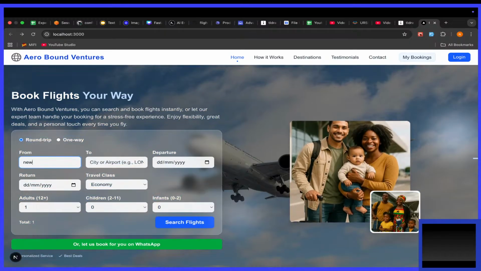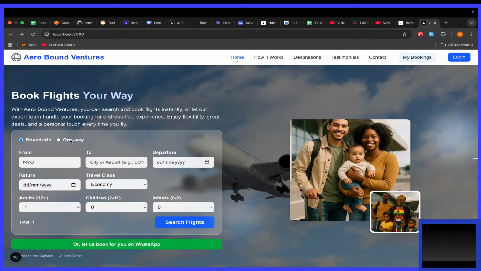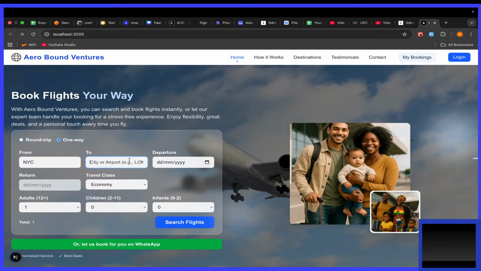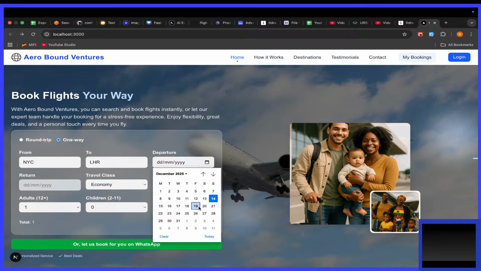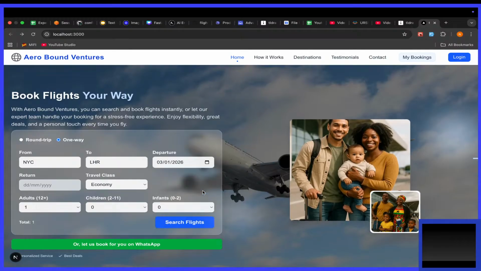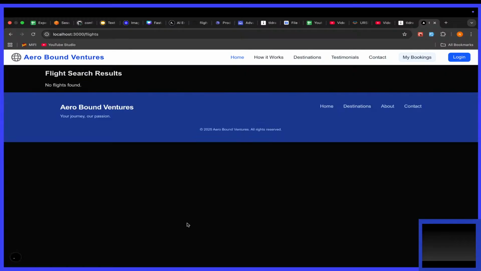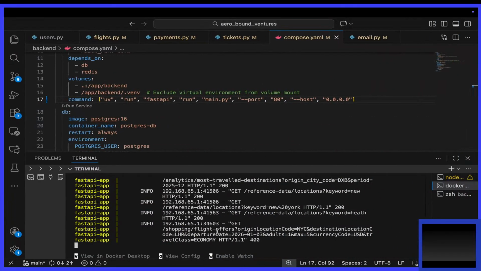So where do I search? Let me try if I say for New York. One way to Heathrow. Date. I wish I could get flights. Wow. So it says